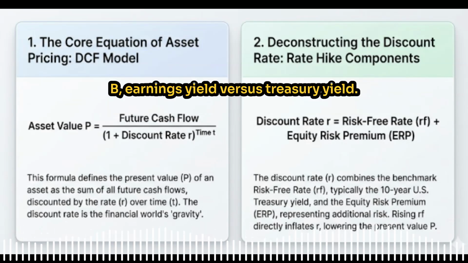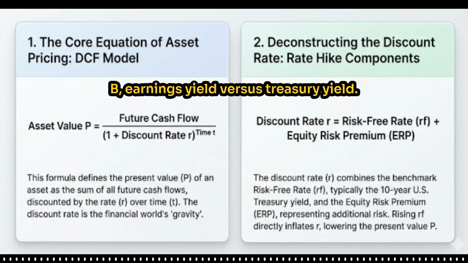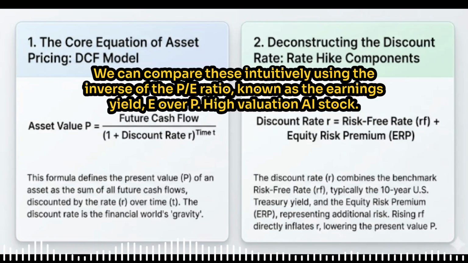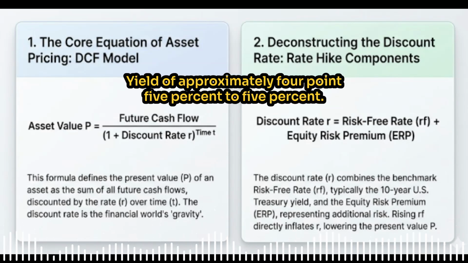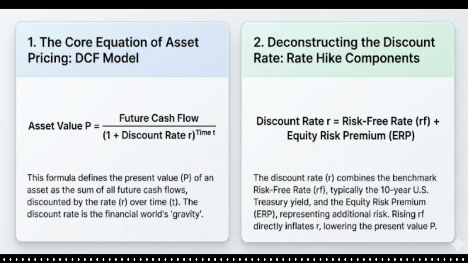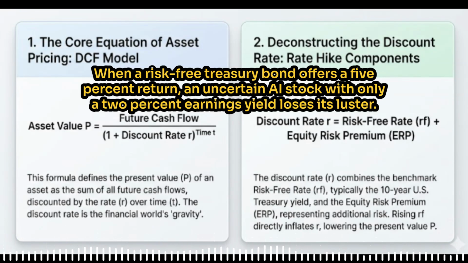B. Earnings yield versus Treasury yield. We can compare these intuitively using the inverse of the PE ratio, known as the earnings yield, E over P. High valuation AI stock: a PE of 50 times implies an earnings yield of only 2%. The 10-year U.S. Treasury yield is approximately 4.5% to 5%. Conclusion: when a risk-free Treasury bond offers a 5% return, an uncertain AI stock with only a 2% earnings yield